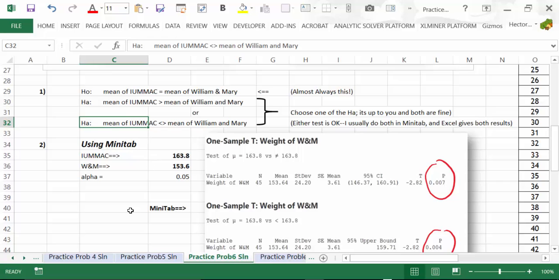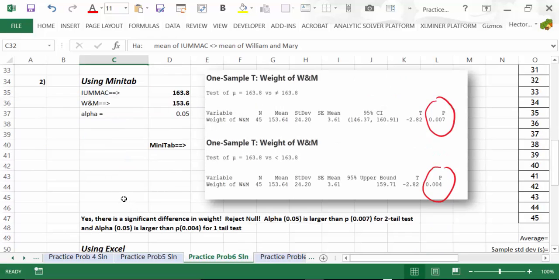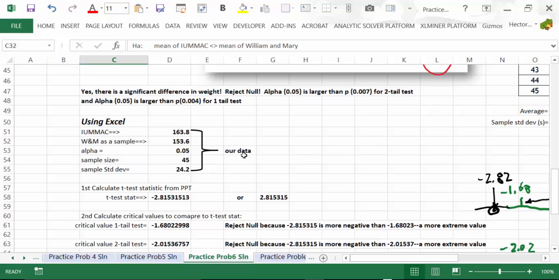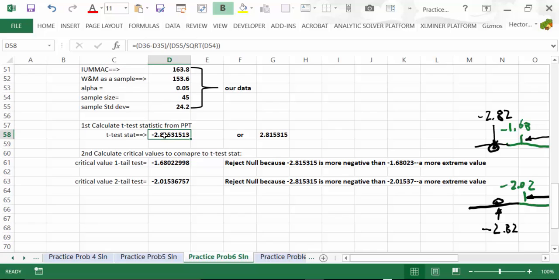So here's our data. We've got two approaches here that we can use. First of all, we can use the approach we use with Excel. Excel does not have a standard one sample test in its data analysis package. So you have to do these calculations yourself. And what I've done here is I've done these calculations for us using the PowerPoint information that we had before. I calculate a t-statistic. Remember, the t-statistic is the difference between our value that we get and the proposed value that we are looking at as the standard,